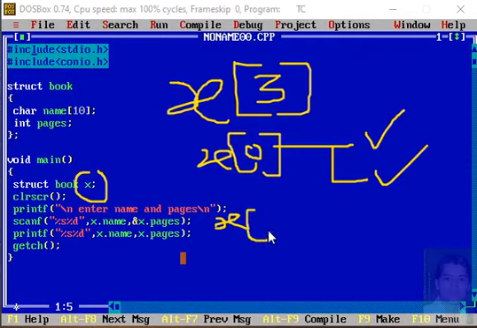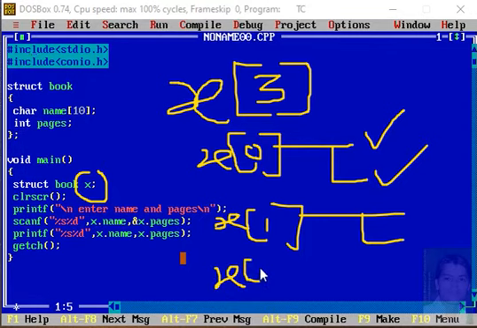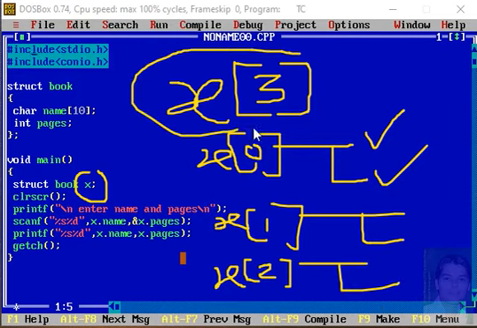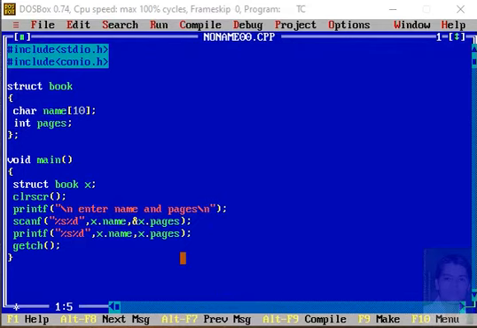Then x of 1 will again have the name and pages, and x of 2 will again have the name and pages. This is how just declaring the variable gives the flavor of an array of structure. So let's evaluate this with the existing code.